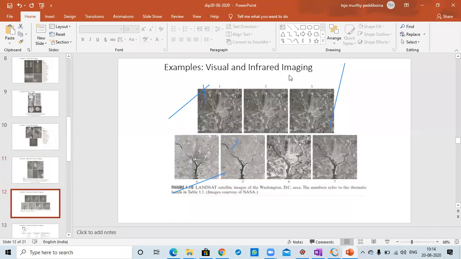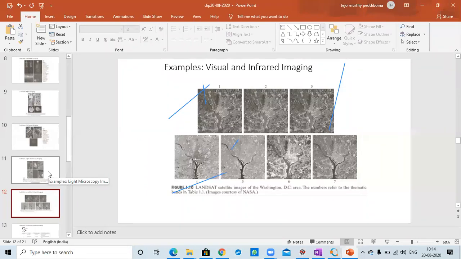And the next example is visual and infrared imaging. All these applications we will study in our future courses also. Just at a glance, we are seeing all these applications. But in detail, we are going to see how we can extract the image, how we can get the data, and how we can process the data, and finally how we can identify the tumors or other objects we are going to detect. All these things we will discuss in the remaining classes. Don't worry about that. This is only at a glance, we are seeing what the applications are.